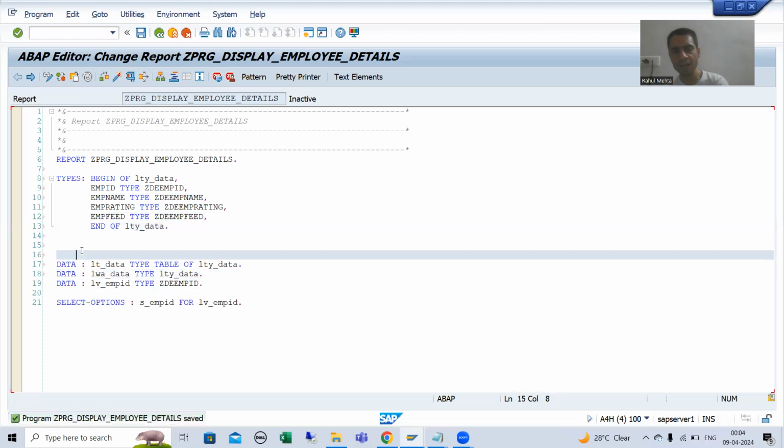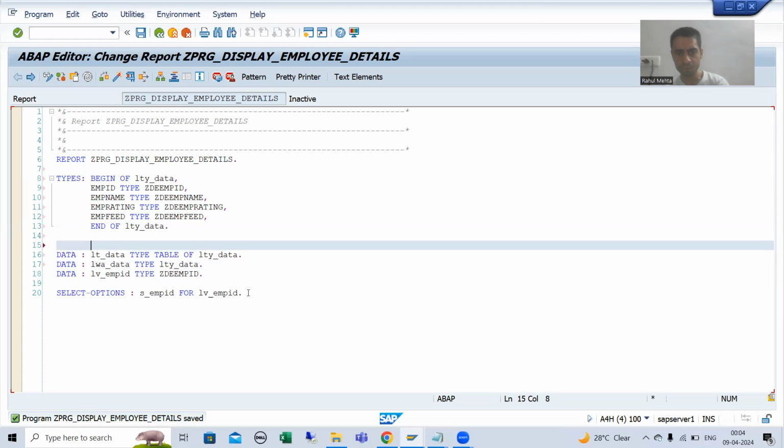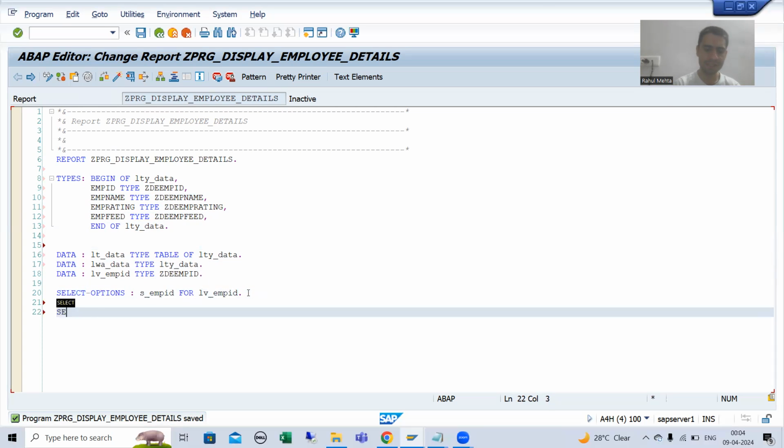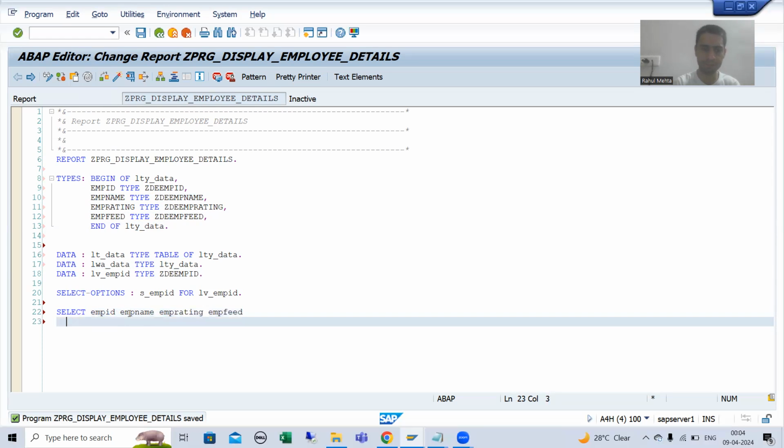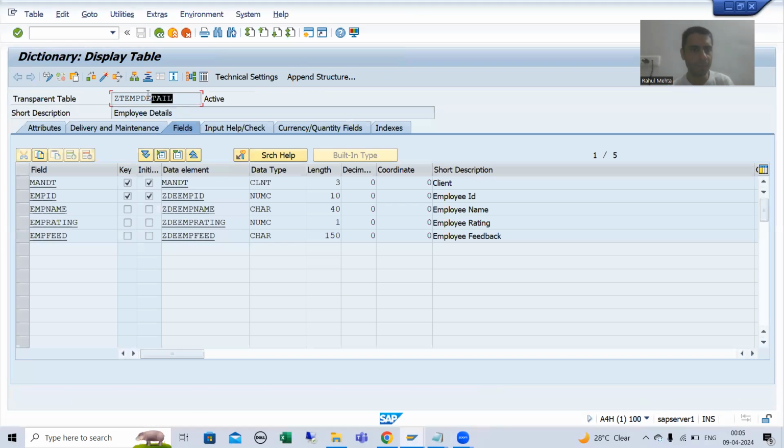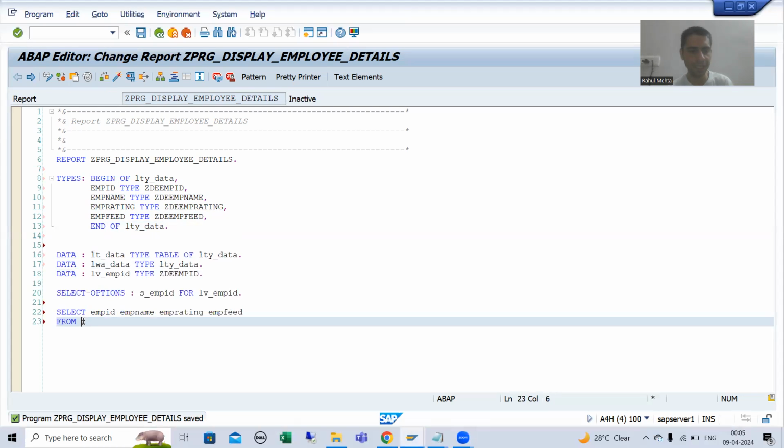Now I will write the select query. I will write select. What is the first column? The first column is EMP ID. So I will fetch EMP ID. Now I will go for EMP name, EMP rating, and EMP feedback from ZTEMP table. I'll just copy paste the name of the table, ZTEMP detail